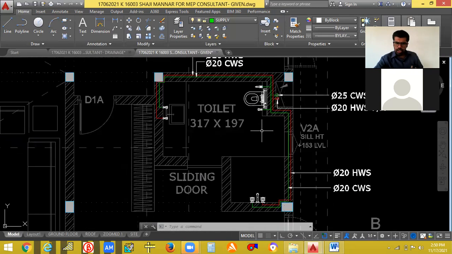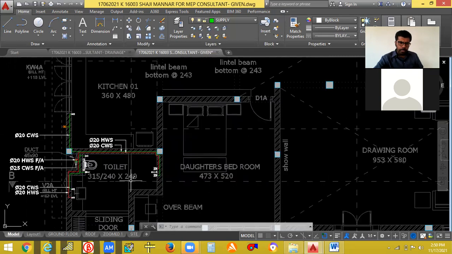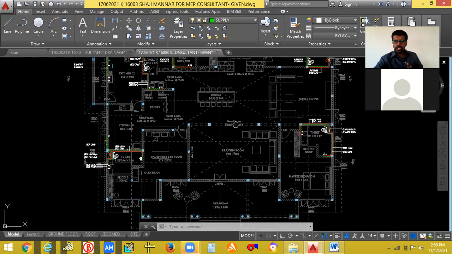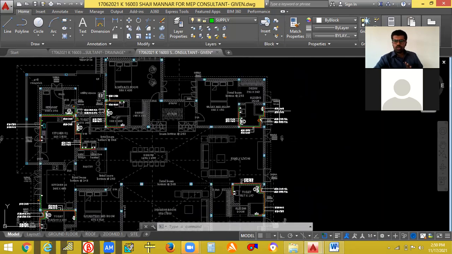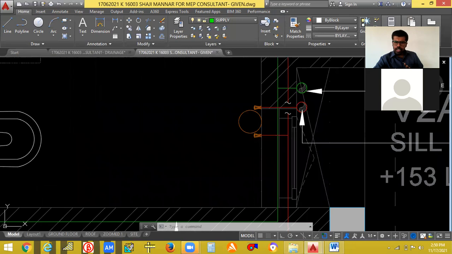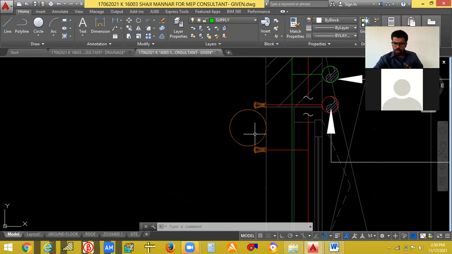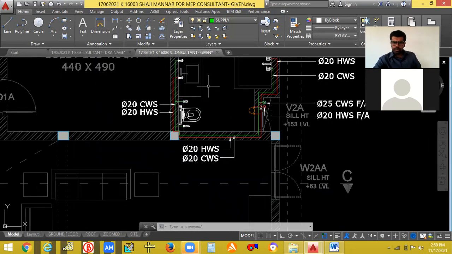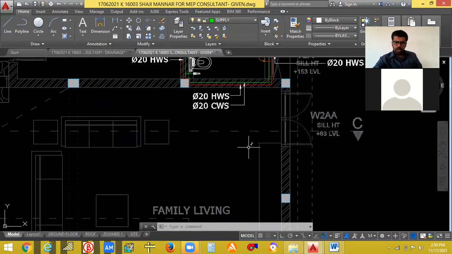They have used only solar water here, but they said that they need a geyser also in this room, the guest room. This is a guest room. Okay, they said that they need a geyser in the guest room. So what we have to do is that anyway the hot water will be given to this. This is the geyser only. This one side, and from there, you'll be getting the hot water also. So in the cold season as well as in the hot season, you'll be getting hot water in this particular way. Then the same way you have given in the other toilet, you have to give to this toilet also.